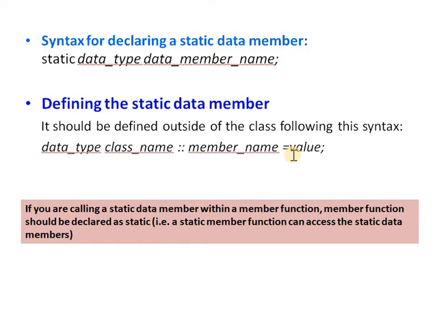This is all about the static data member and its declaration. Static data member means what? The static data member is a variable which is declared with a static keyword, and it is also known as a class member. Thus, only a single copy of a variable is created for all the objects present in that particular class. And static variables are normally used to maintain values common to the entire class.